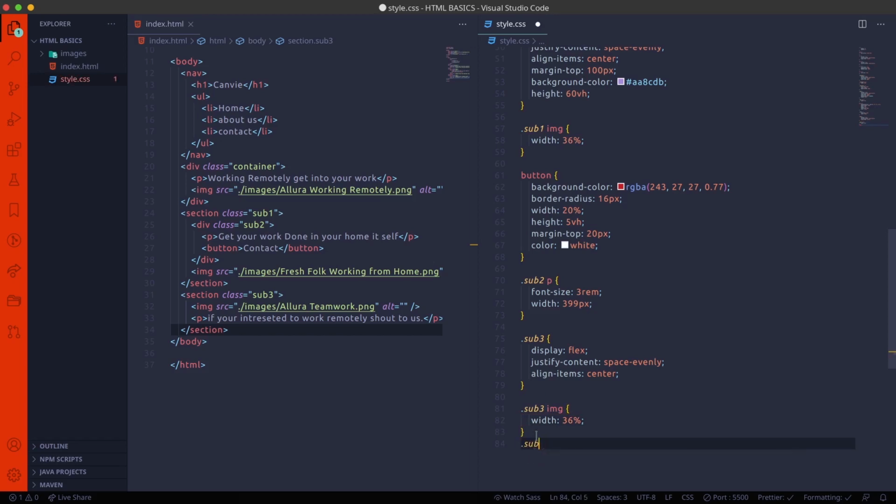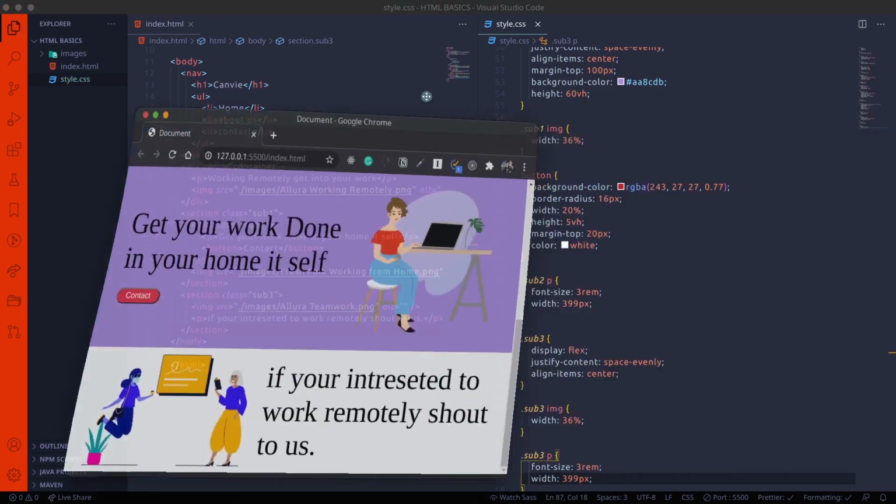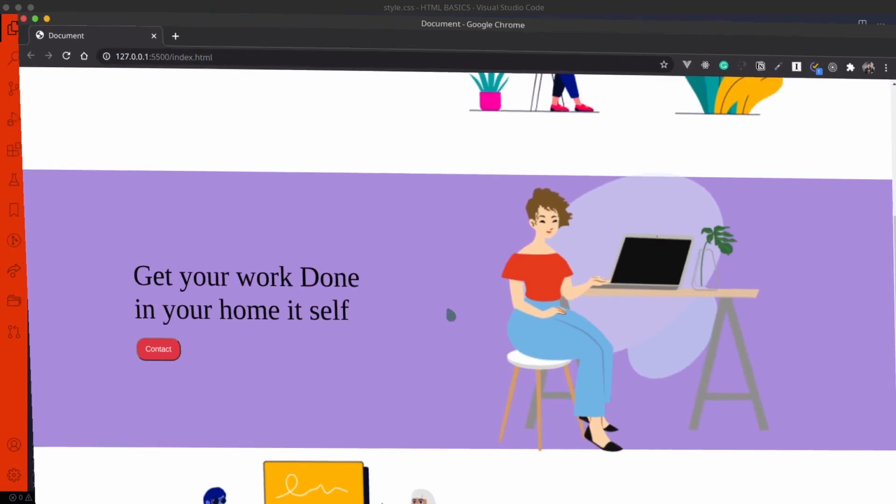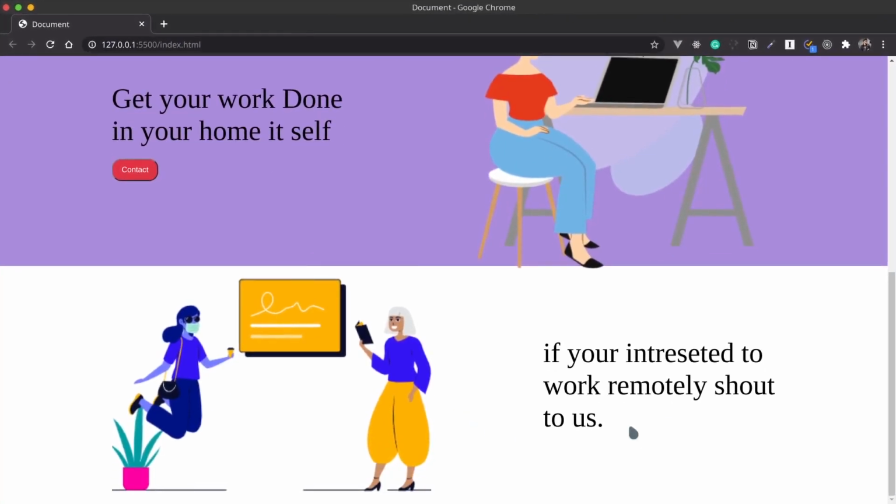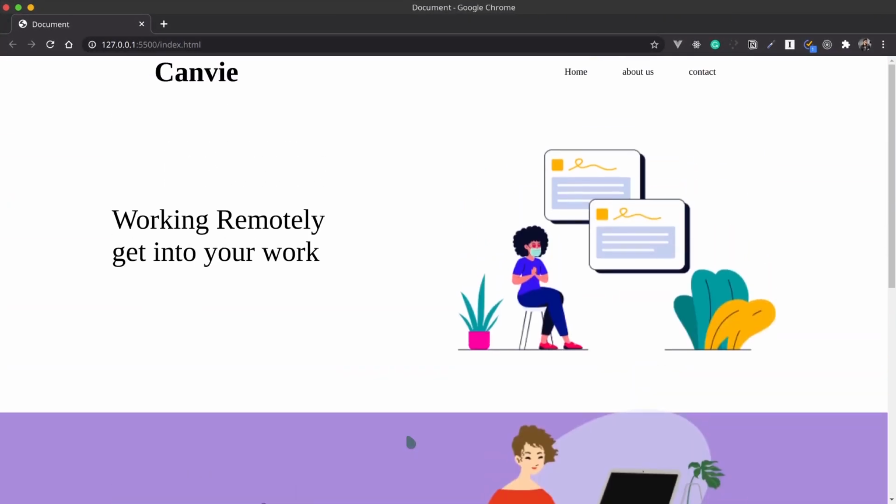Sub3 paragraph font size to be 3rem and the width of the text will be 399 pixels. Pretty much it. Now we completed all the process. You can now see it is a simple web page.